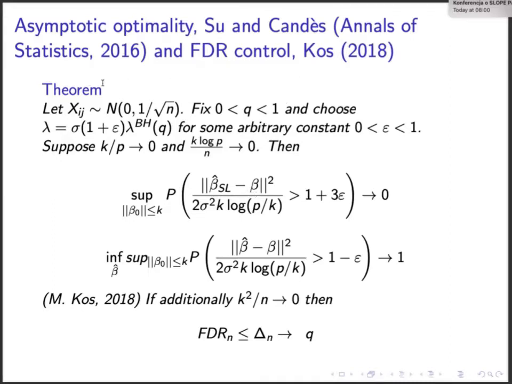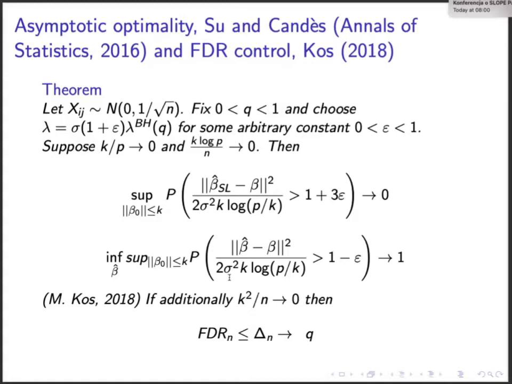And in the paper which appeared in Annals of Statistics in 2016, Weijie Su and Emmanuel Candès proved that slope is sharp asymptotically minimax. What does it mean? You see here at the bottom, K is the sparsity of a signal. So we minimize this risk over all available estimators. And we find out that this risk is basically asymptotically equal to 2 sigma squared. Sigma is the variance of the error term in our model.